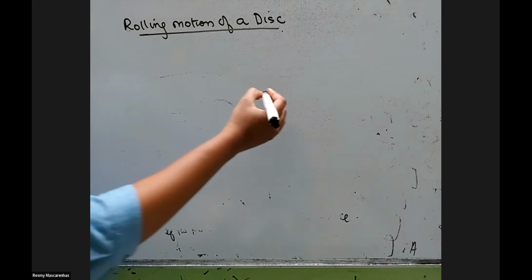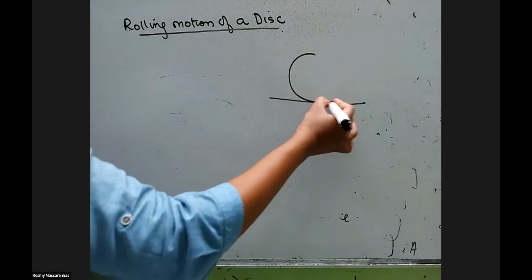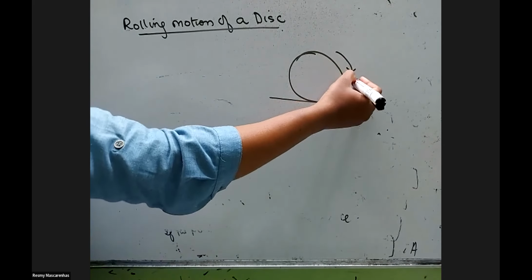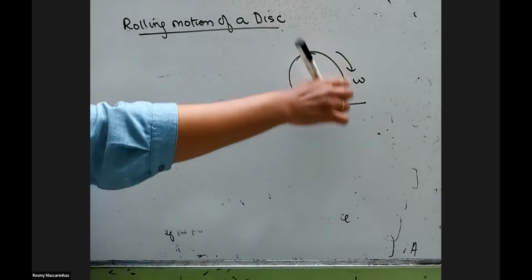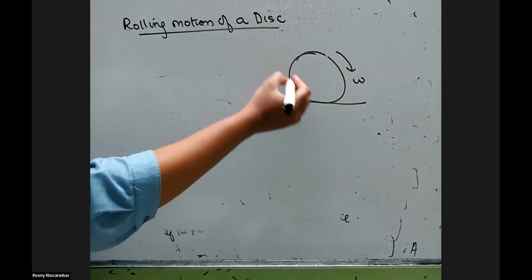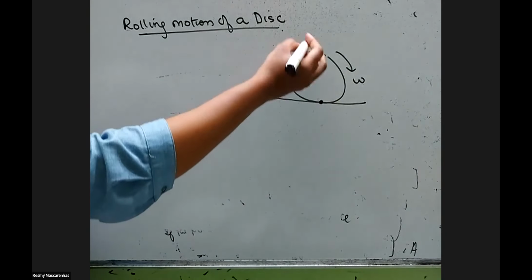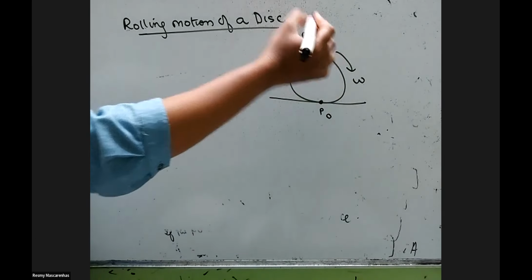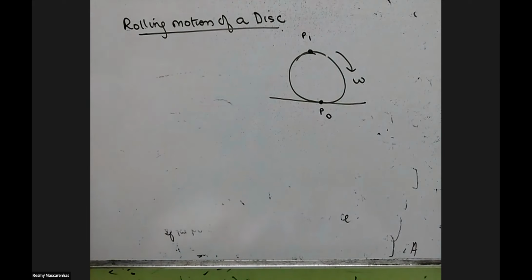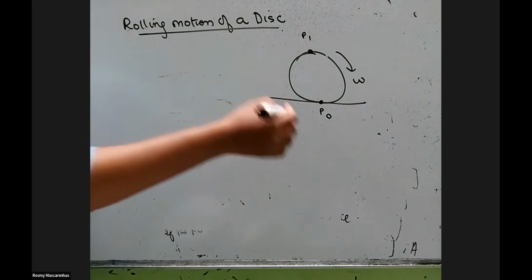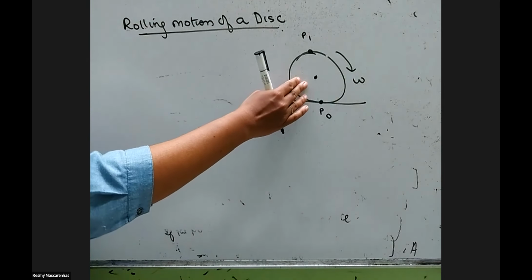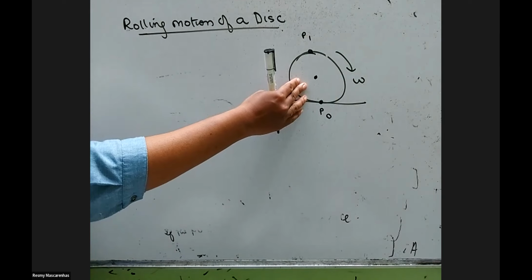We'll consider there's one disk which is rolling on the floor with some velocity, maybe angular velocity omega, and these are the points P0 and consider P1. Now, whenever I say this disk is moving at, suppose, 40 kilometers per second,